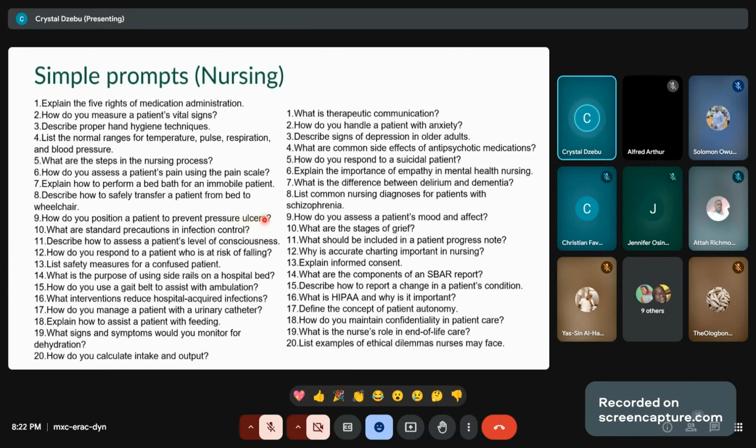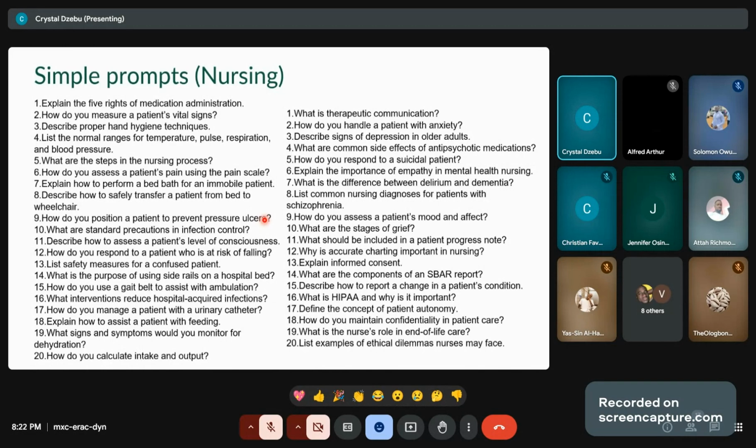Now, why did I give you this set of simple prompts? I gave you this set of simple prompts because we are all students, and it's not everything that a teacher can teach us, because most of the time in a week you just have 2 hours for a particular course. So if we also don't have 24 hours to go to the library, you can use generative AI to study.